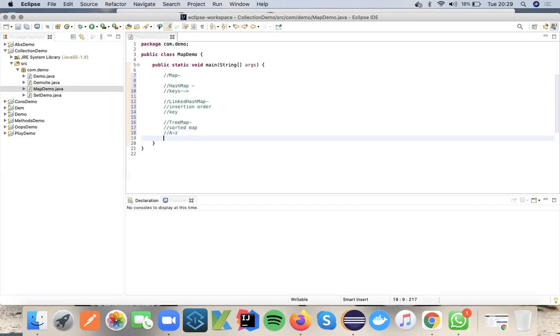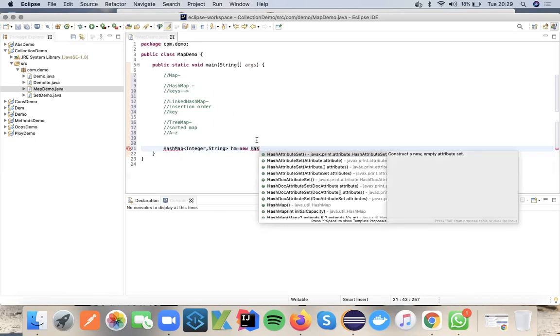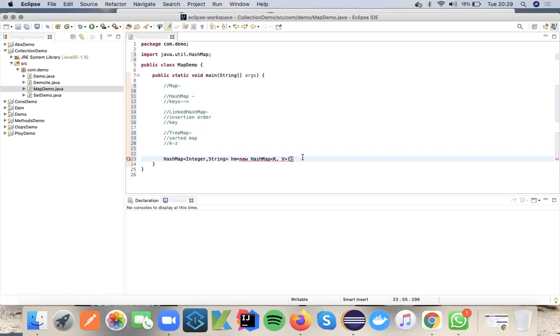So let me declare a hash map. HashMap of Integer comma String, hm equals new HashMap of Integer comma String.